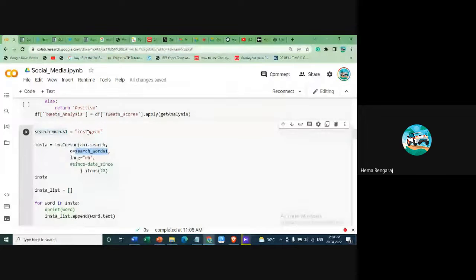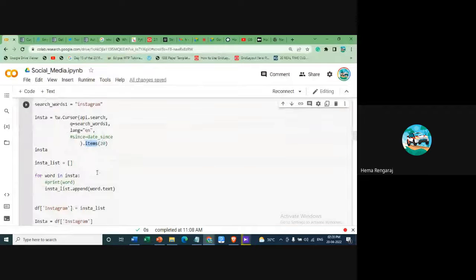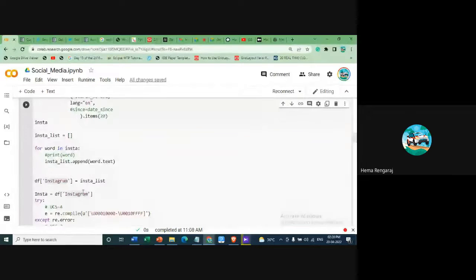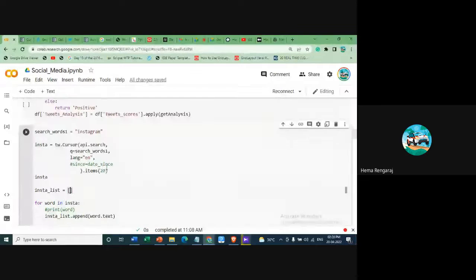I am going to access the Instagram messages also. My language is English, and I'm going to access only the top 20 tweets. Sorry, 20 Instagram posts. And then I have called this function, and after calling the function, I'm going to fetch the first 20 data, that is the top 20 data. Then who will decide this 20? How this 20 data will come is decided by the Twitter API only.